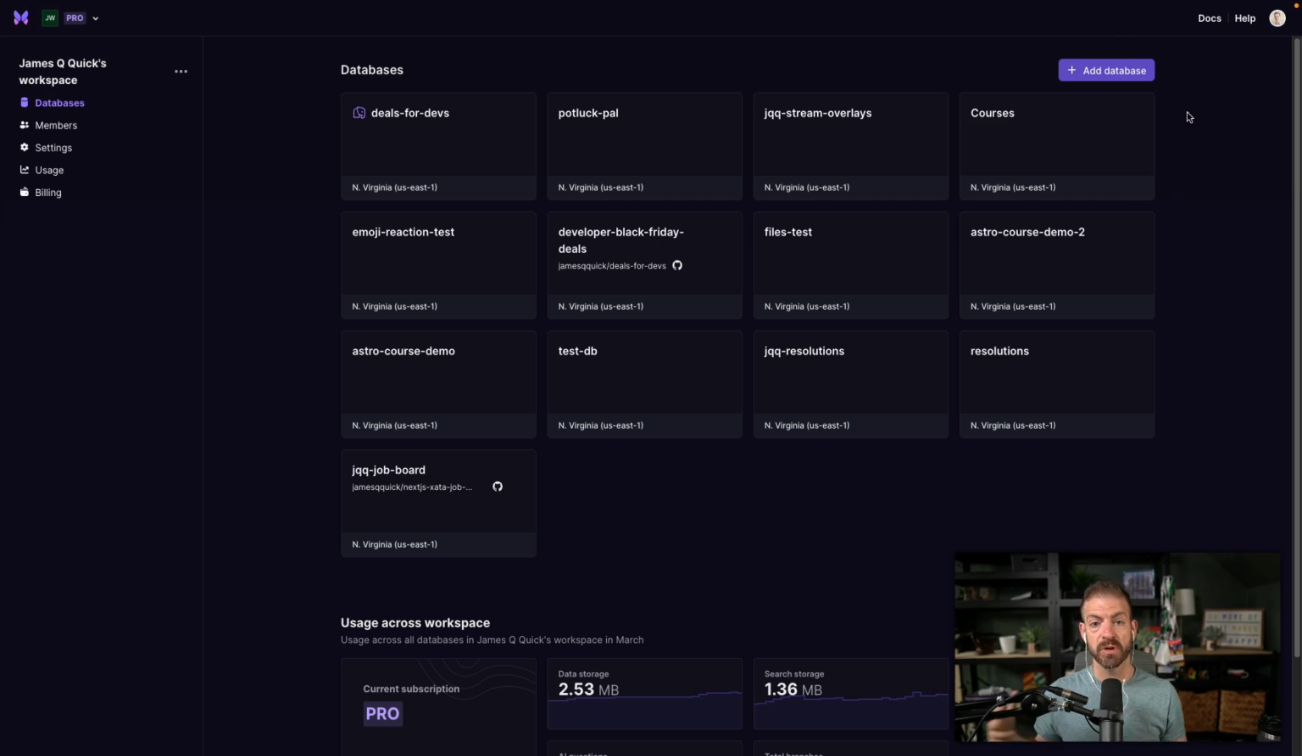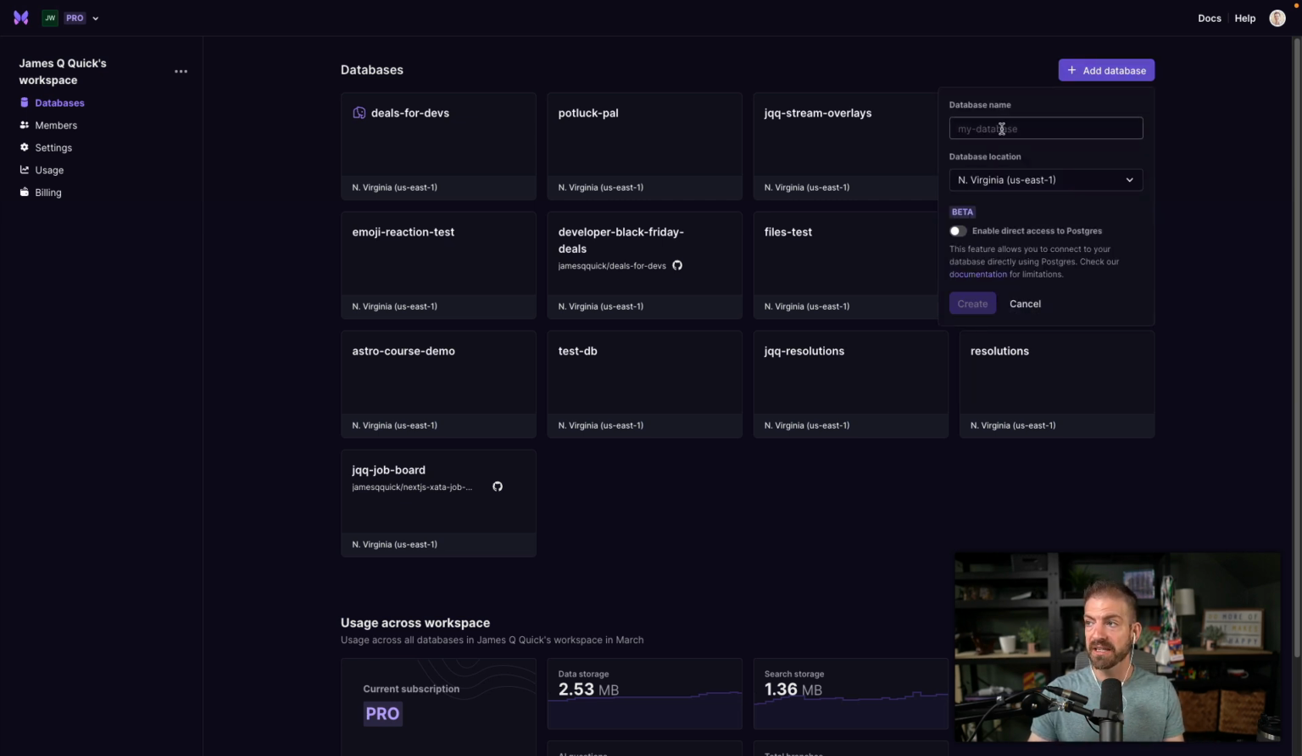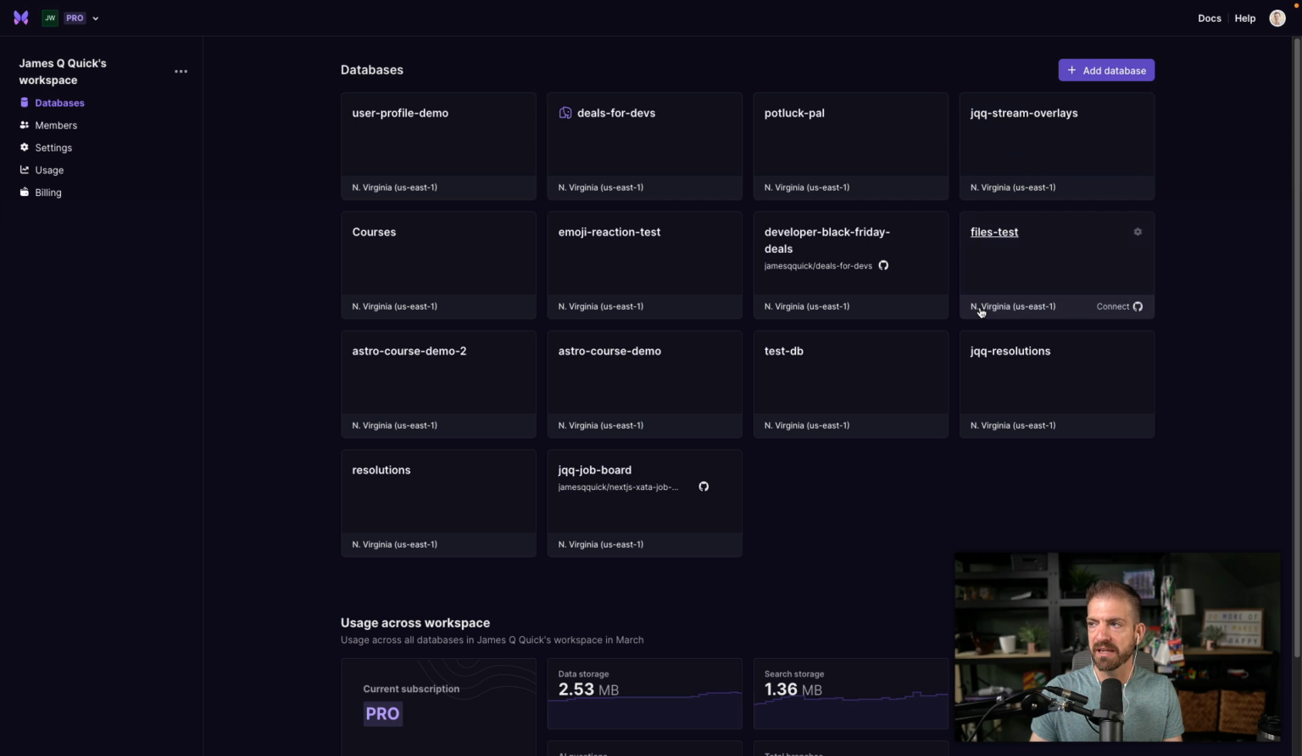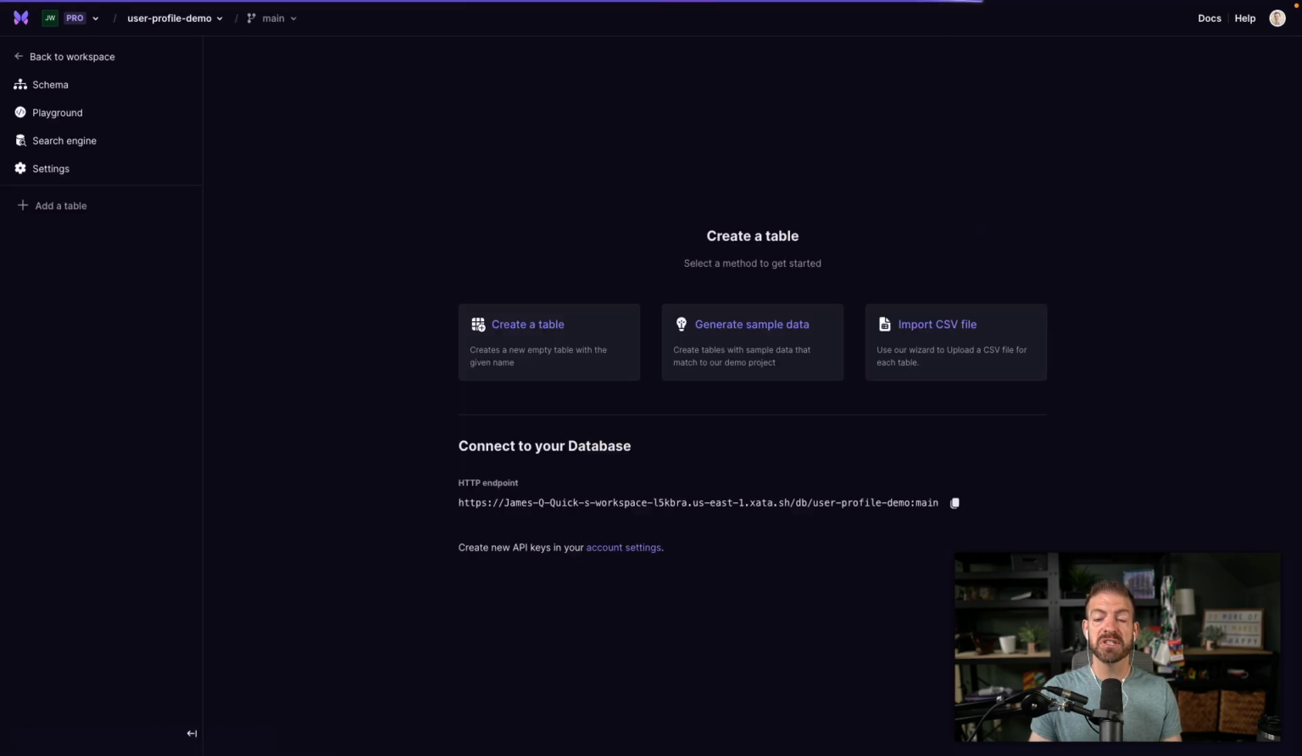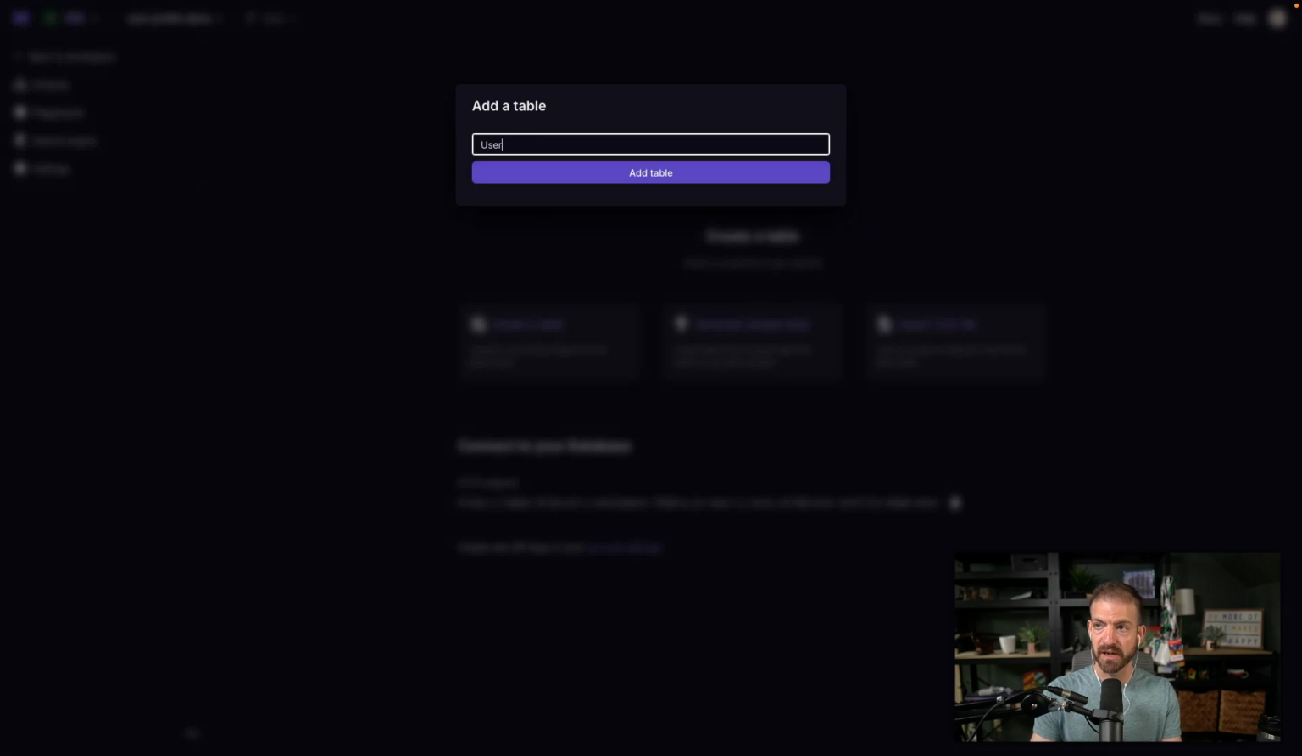You can set up. It runs Postgres underneath the hood. I'll have more content actually on using this with Prisma in the future, but for now, we're going to use the Zeta TypeScript SDK. So what we'll do is create a new database, and we'll call this user profile demo. And in this case, I won't enable the direct Postgres, although it's something that I would recommend doing and using this with Prisma. It's pretty exciting, actually, that we can do this. I just haven't updated this demo for that yet. So inside of here, we just want to have one table, basically, and we're going to have the user profile